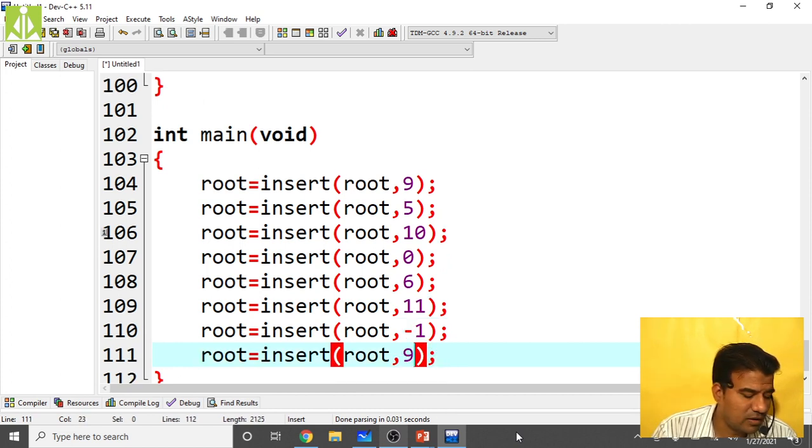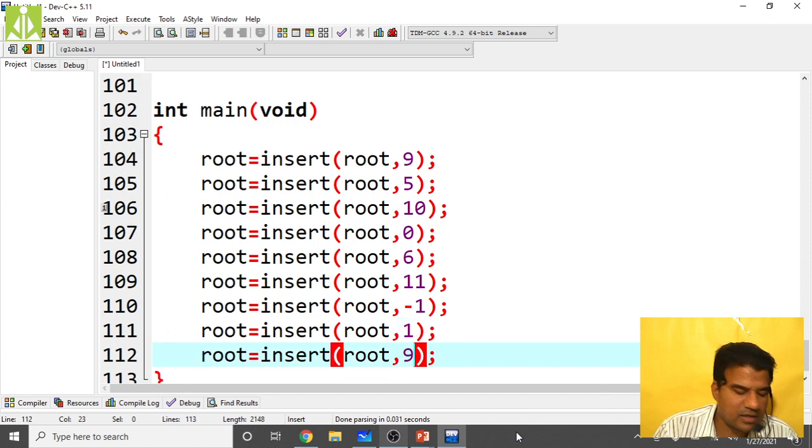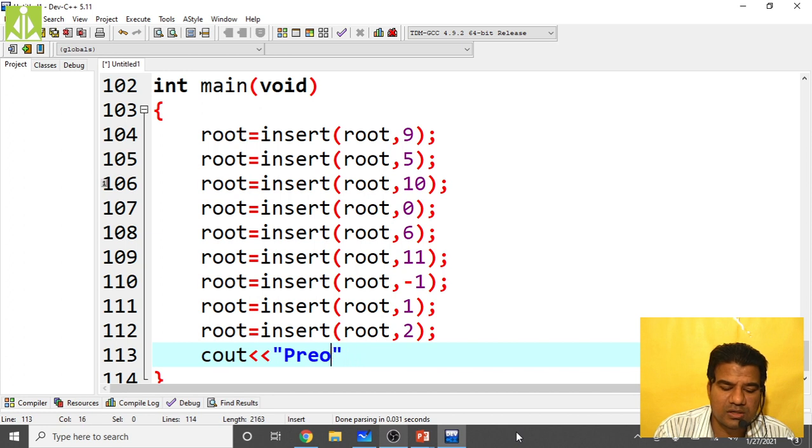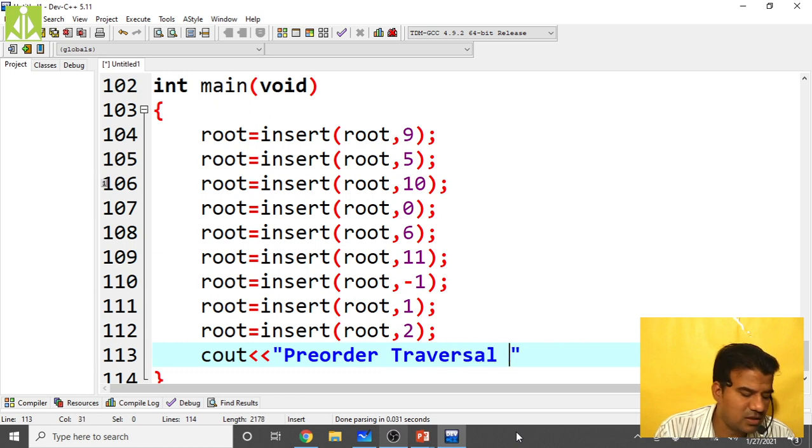-1. Then we have 1. We have 1, and after that we have 2. Okay, all these nodes you have to insert and then print one message: pre-order traversal of the constructed AVL tree.